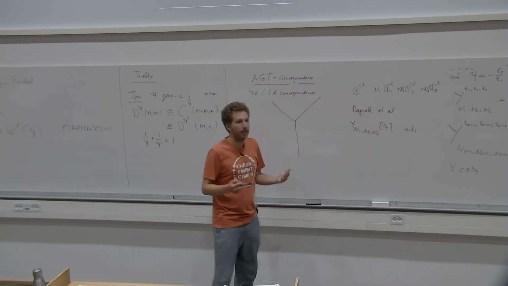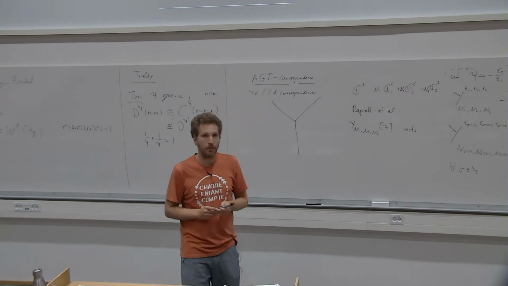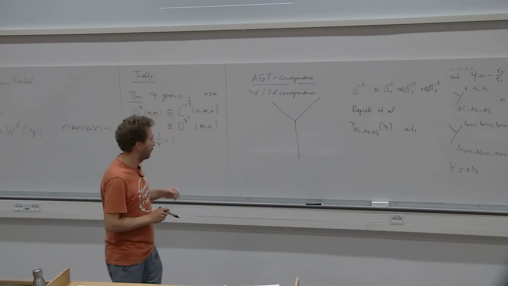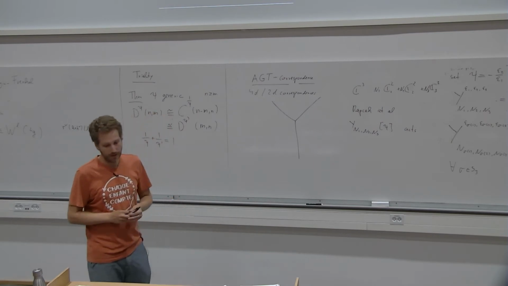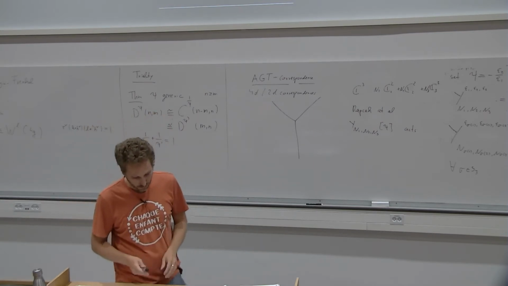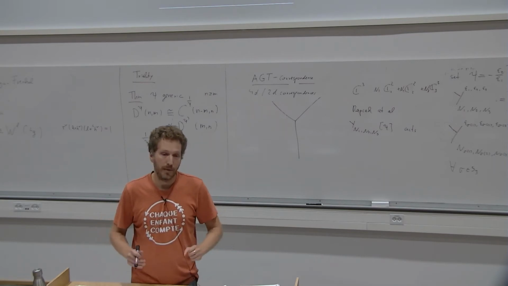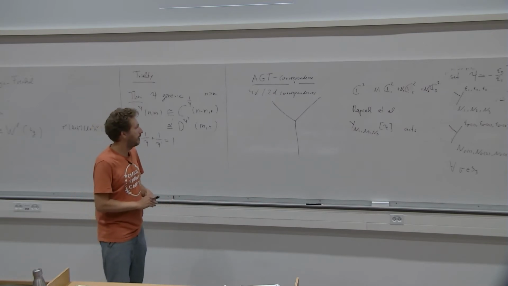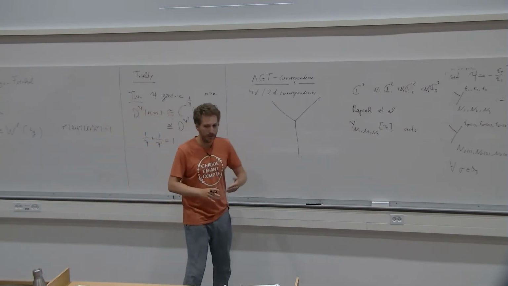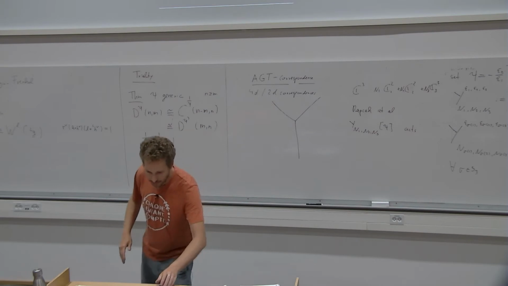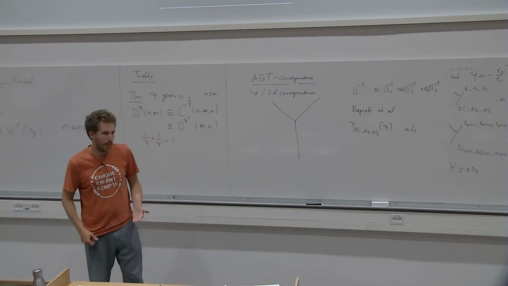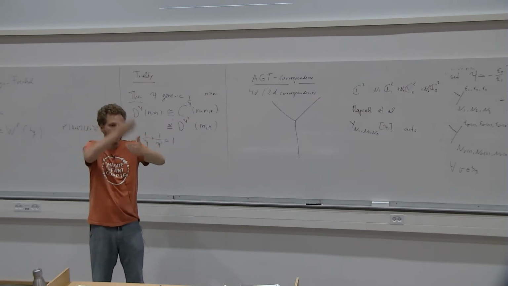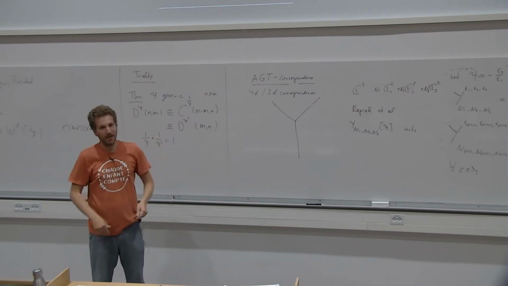And then what do people like to do in physics? They like to compactify down to smaller dimensions. In fact, they have a procedure that compactifies this D-brane setup to 4 dimensions. And then you can think about it as having a quantum field theory in 4 dimensions. And then these divisors, you think about it in 4 dimensions: your divisors become codimension 1 planes, so 3-dimensional planes that intersect diagonally, all 3 there.